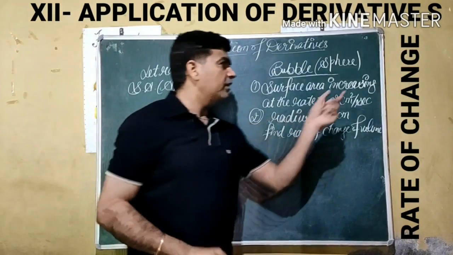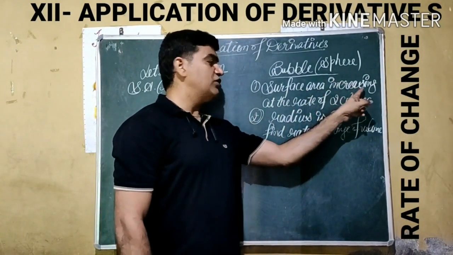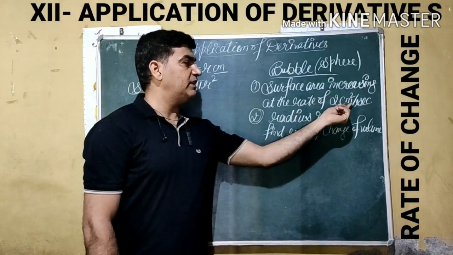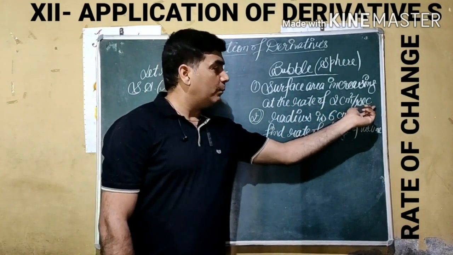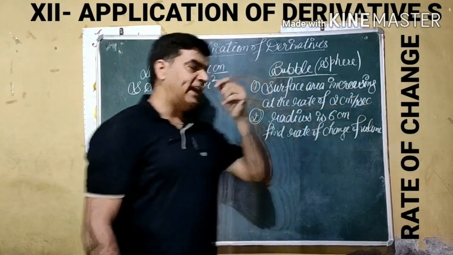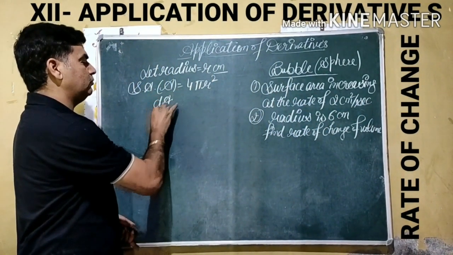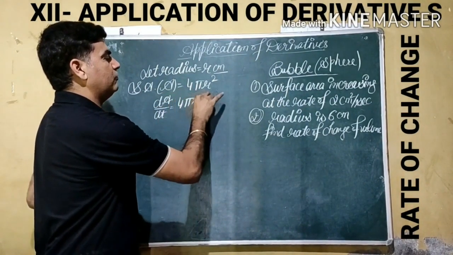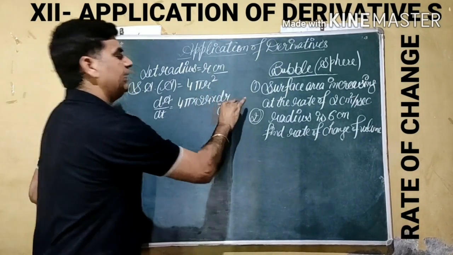It is given as increasing. Increasing means it is going to be changing. It means the rate of change is given as 2 centimeter square. It is the change of area, per second, meaning with respect to time. So we have to take the rate of change of area with respect to time, which gives 4 pi times the derivative of r square by the power rule, 2r, and the derivative of r becomes dr by dt here.